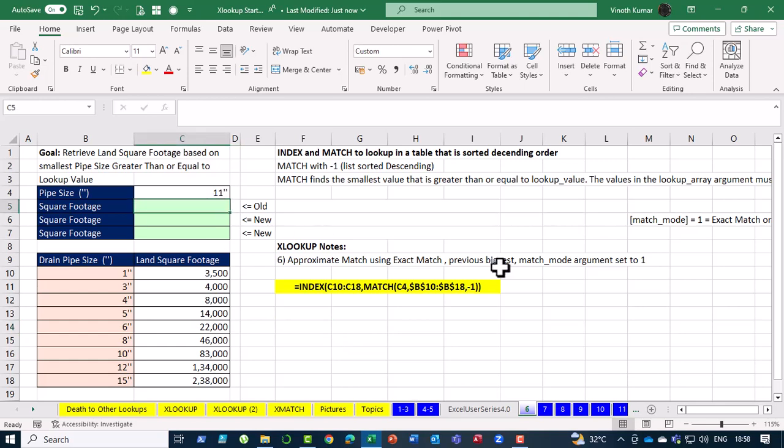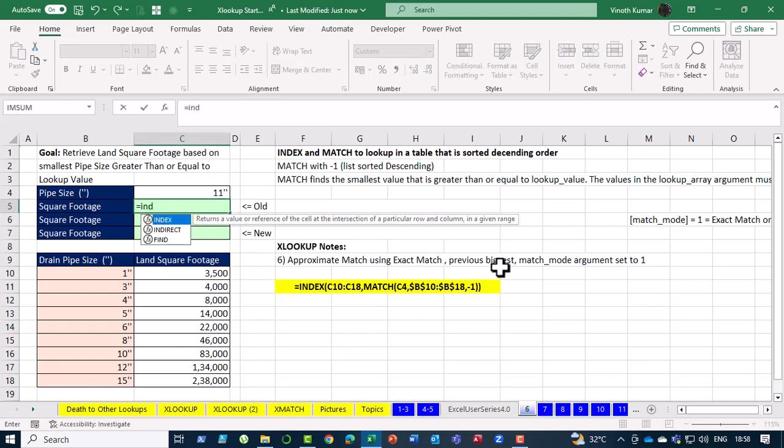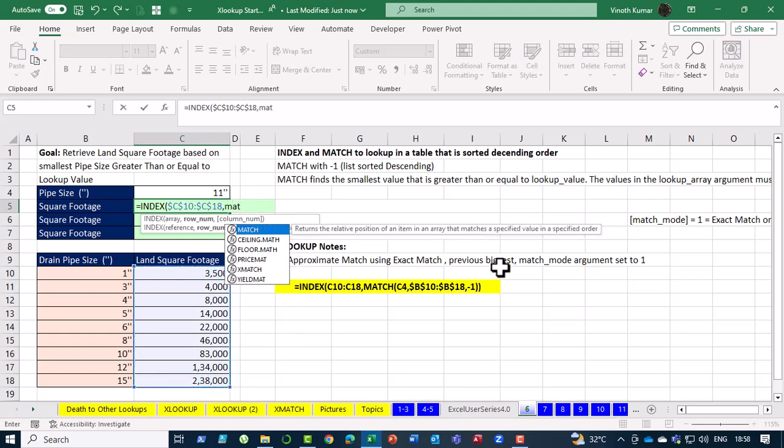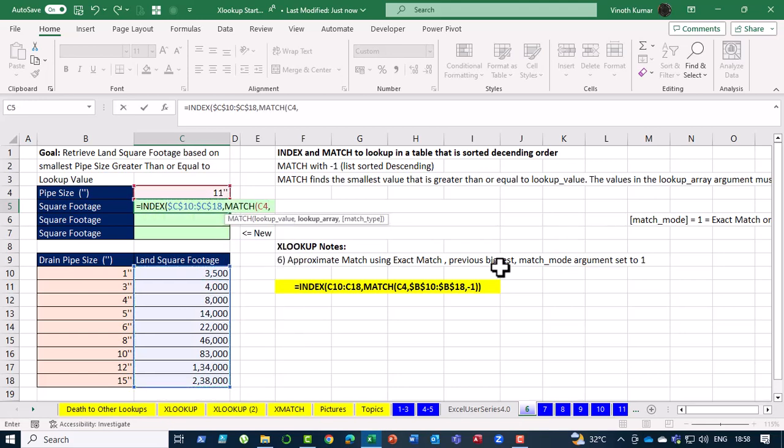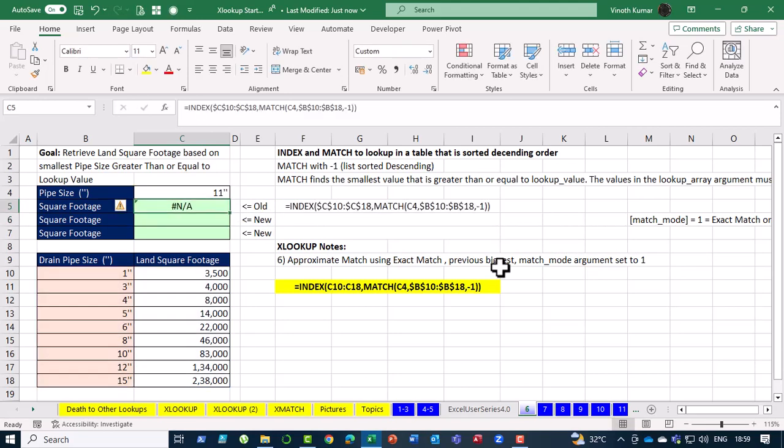So when I go back to my index function, this is the function that we normally use prior to our data set, and we'll see that the data set comes correctly. So index will take all the data set and I'll press F4 once, which is an absolute cell reference. I'll give a comma. I'm interested only in matching the data set here, and when I do that, I again hit the absolute cell reference, but this time around I'll take the greater than symbol. This is a very rare scenario that we do in our list. When I close the bracket twice here,